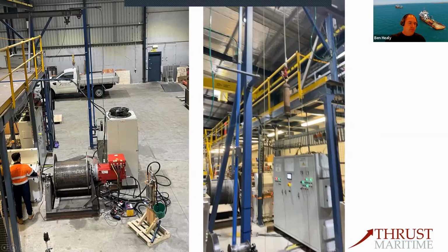What we also then did was, on the left, you can see here a tower. Essentially we set up this dummy drum with a wire rope going through a sheave and down to a weight. Then we had a vertical post, and on that post we put the motion reference unit, which is the sensor which tells the system the movement of the ship. And then we drove that motion reference unit up and down, and that allowed us to